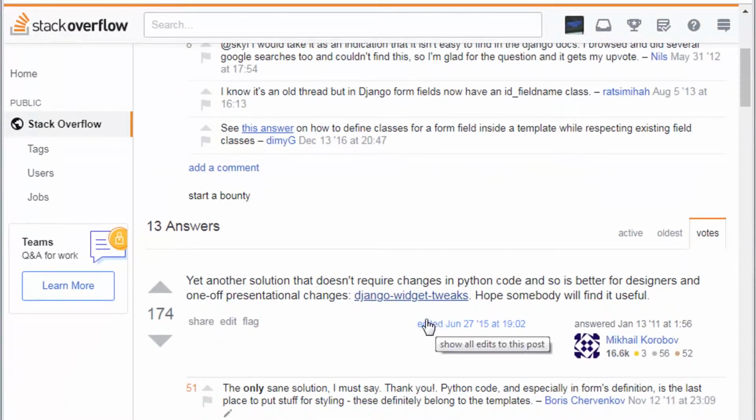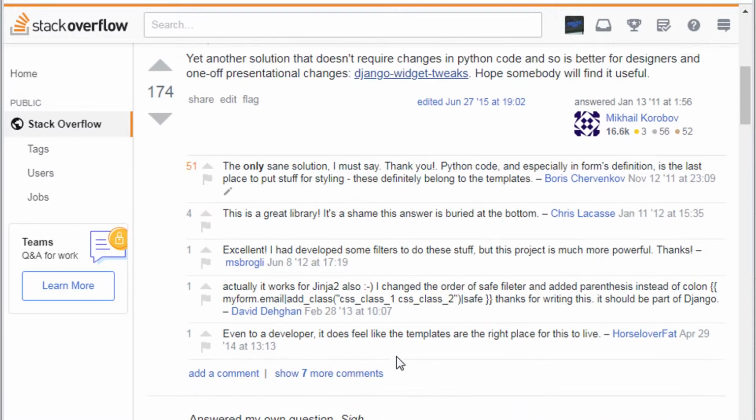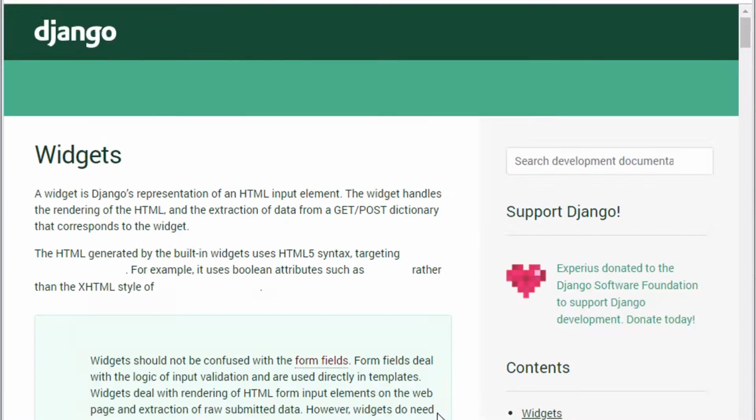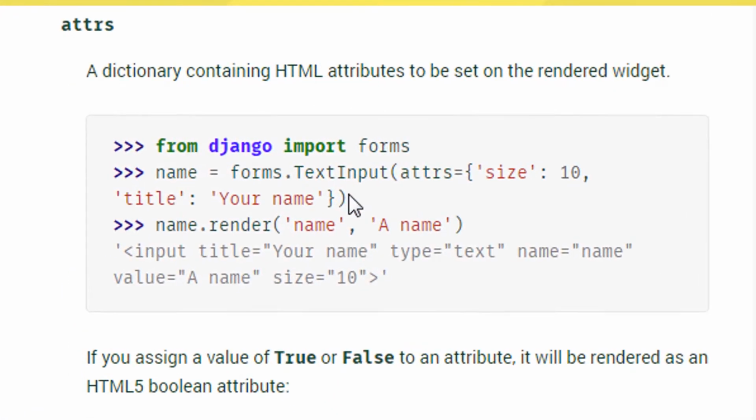We have the first and best answer according to Stack Overflow. Django widget tweaks, maybe download that, but we're not going to do that. We're going to look at this Django forms widget attrs. So this is an example of how to do it. You basically say whatever the